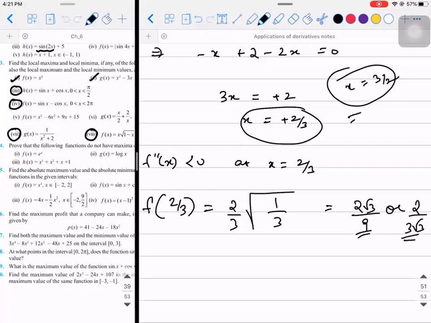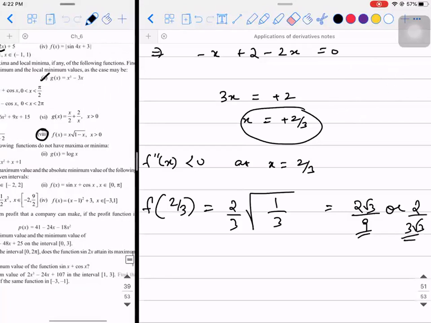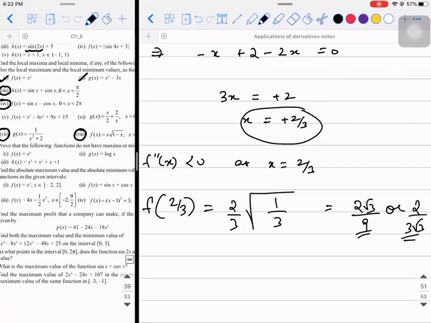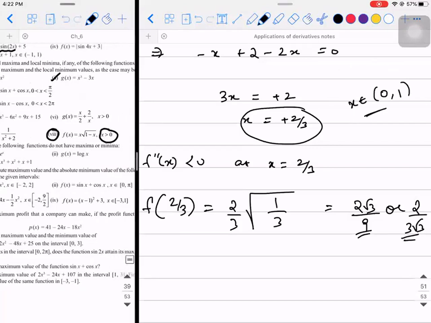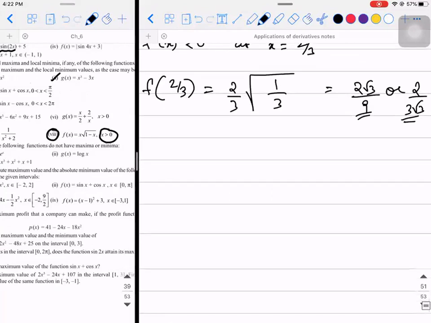No, sir. You will be able to know that only if you know the domain of this function. So they purposely didn't give you the domain. They told only x is greater than 0. That's it. So the domain of the function is x belongs to the open interval 0 to 1. Had they not given this x greater than 0, then what would have been the domain? It would have been minus infinity to 1. So this is a restricted domain.